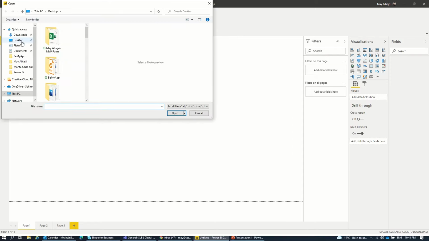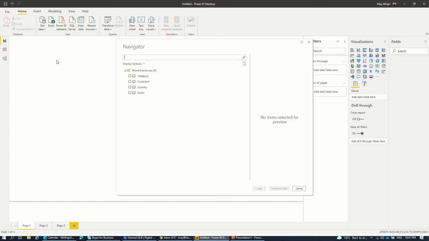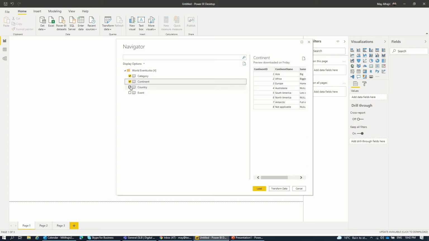And from there you need to search for the file that you have and you want to connect to your Power BI. For example, here I have this file, let me add it. Okay, cool. So now we are importing our Excel file to our Power BI. So now we have all the tables that we have on Excel here. So it's up to you. Either you add all the tables that you have from your Excel to your Power BI, or you can select only the ones that you want to work on. So for example, here I would like to select everything,